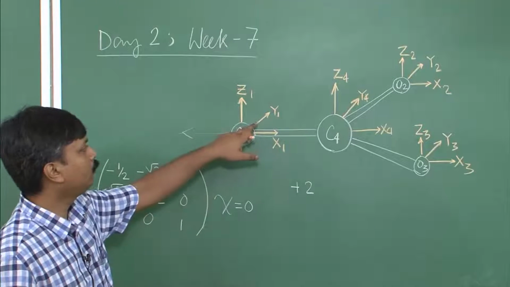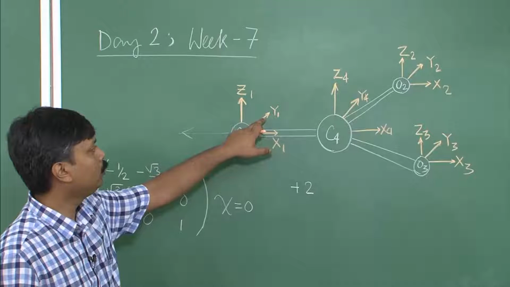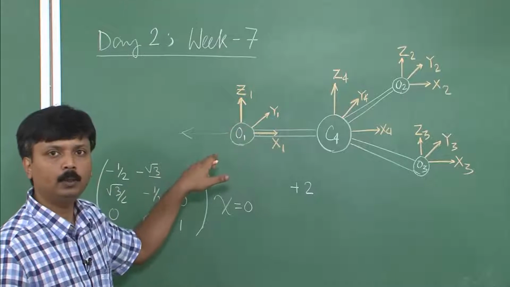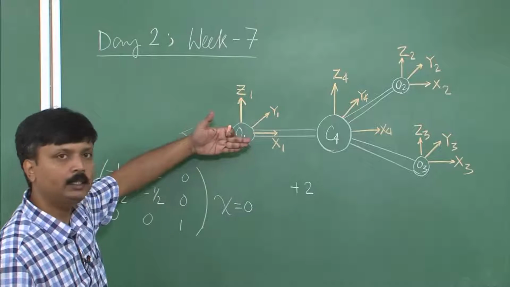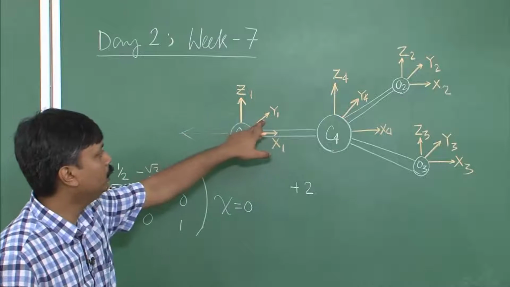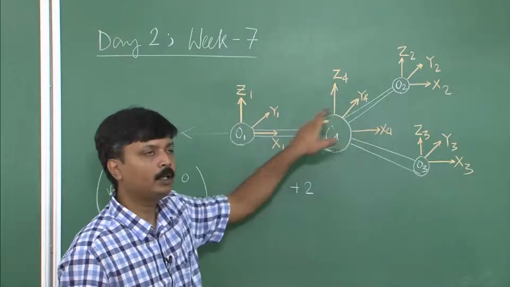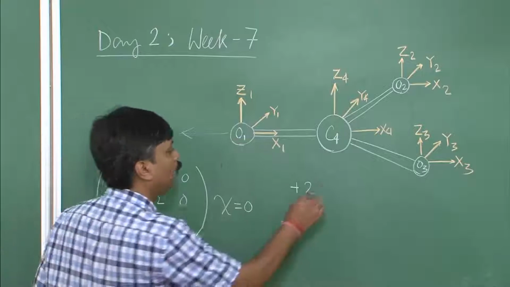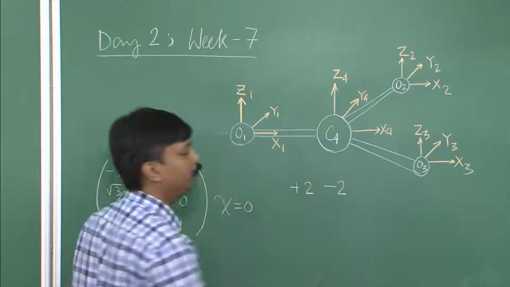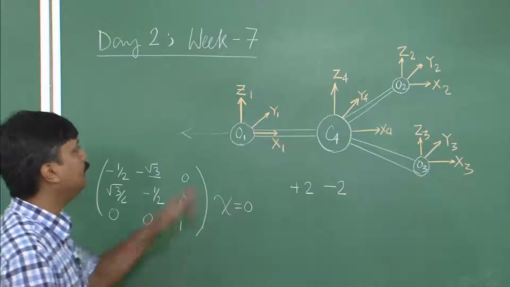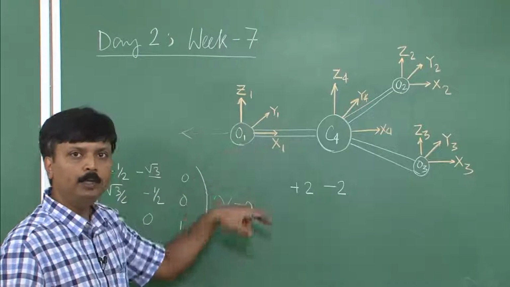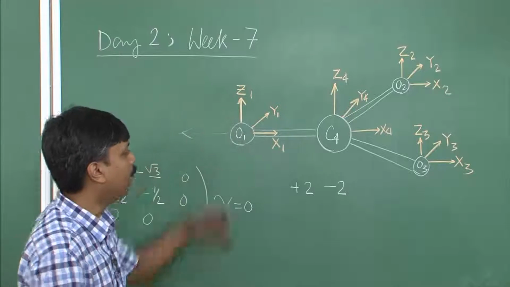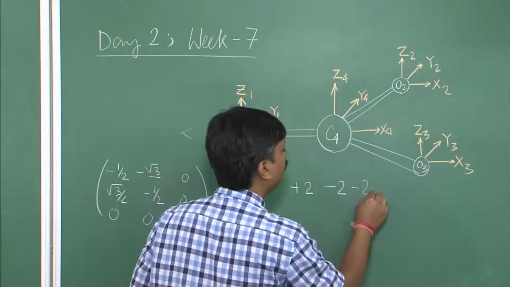Now, this y1 will become minus y1 if I rotate along this x axis. So will be the fate for y4. Therefore this and this will contribute totally minus 2. So I have minus 2 contribution coming from the y side, and then the z side, z will also give me minus z1. So I have minus 2 contribution from the z.